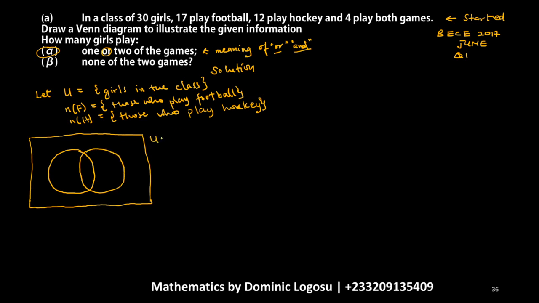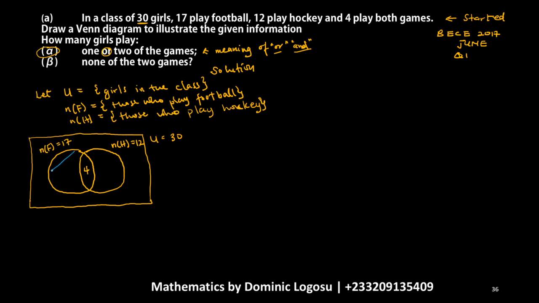So we have U being equal to 30, because the question gave us U. Okay? So U being equal to 30. And then we have to name the circles we've drawn. So we'll say n(F) equals, from the question, 17. And then we have n(H) equals 12. Are we okay? Now they said that 4 students played both. Okay? So to go ahead, we know that